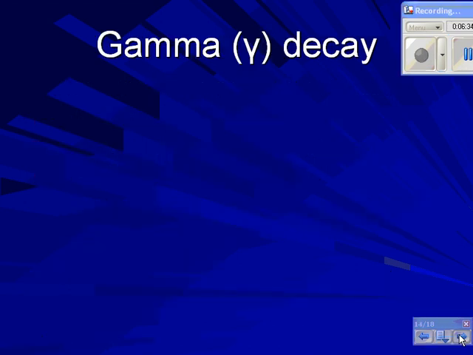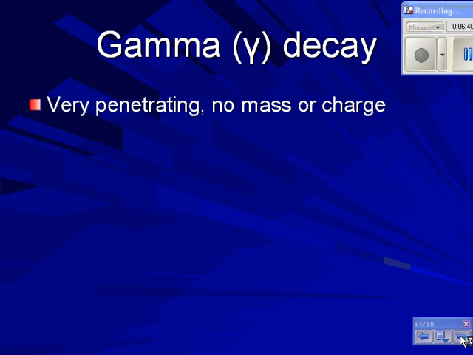Let's talk about gamma decay then. Gamma radiation is the third one. We know that gamma decay or gamma radiation is the most penetrating of our three types of radiation, and it has no mass and it has no charge. Okay, it is not a particle. Alpha radiation is an actual particle. It's a helium nucleus. Beta radiation is an electron, which we think of as particles,